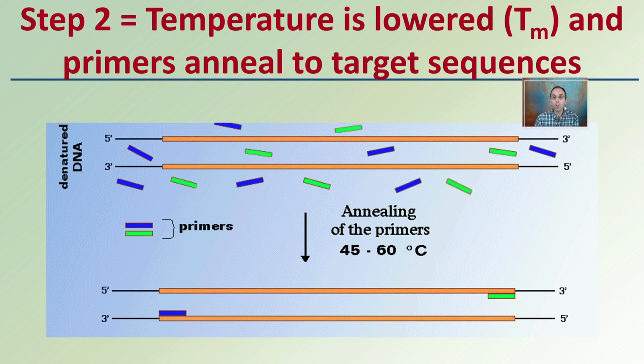Then the temperature is lowered, and the primers are annealed to the target sequence. If we kept the temperature at 95, everything would be bouncing around so quickly that the primers would not be able to anneal. Here we cool it down to 45 to 60 degrees Celsius to give those primers a chance to stick onto the initial starting point of this target DNA sequence. The reason there's a range of temperatures again depends on what percentage of G and C bonds, or A and T